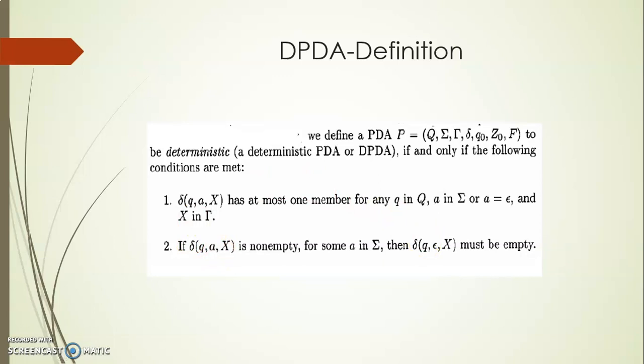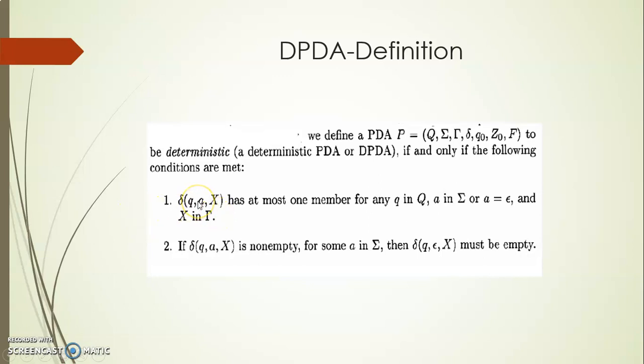In order to avoid this confusion, in deterministic push-down automaton, if I have a transition like this, then I should not have a transition like this, and vice versa. This is the basic difference between deterministic and non-deterministic push-down automaton. Mostly the definition of deterministic push-down automaton is asked as a 2-mark question, so we have to read that clearly. I am repeating again: in deterministic push-down automaton, everything should be exactly said.